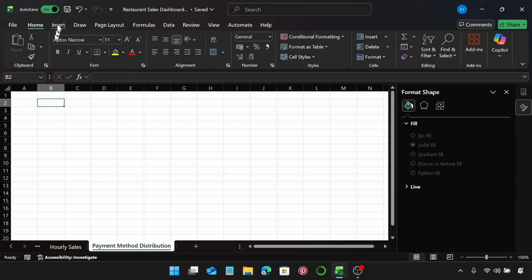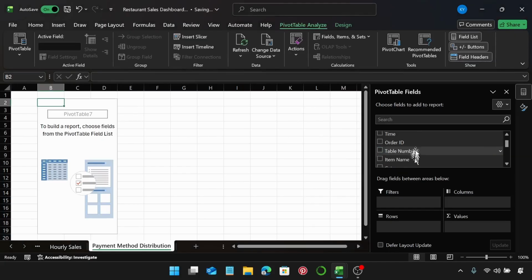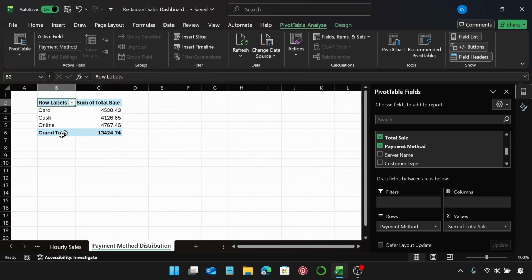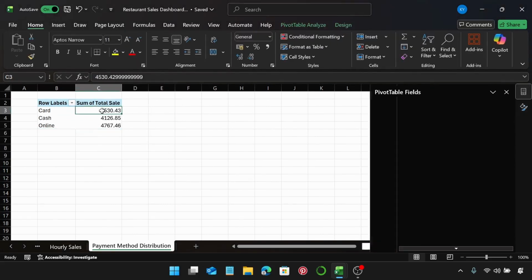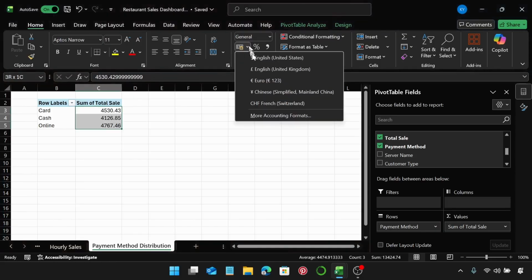Select any cell, go to insert and insert a pivot table, and we're going to reference table 1. Let's grab payments method. Okay, here it is, rows, and then we'll grab total sale, add that to values. Let's right click and we're going to remove grand total. Let's select all of these values using Ctrl Shift and the down arrow key, and we're going to make this